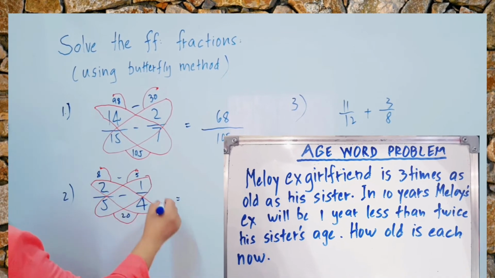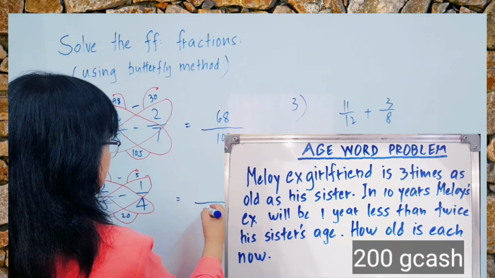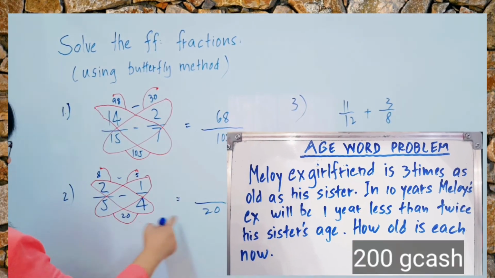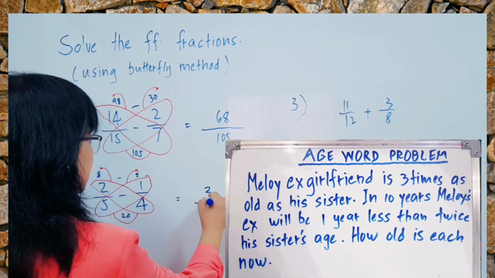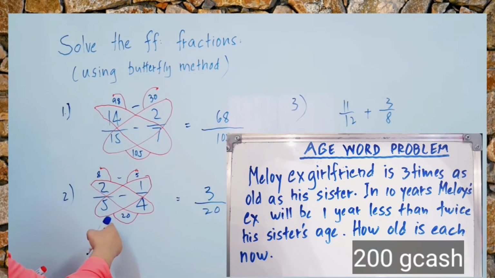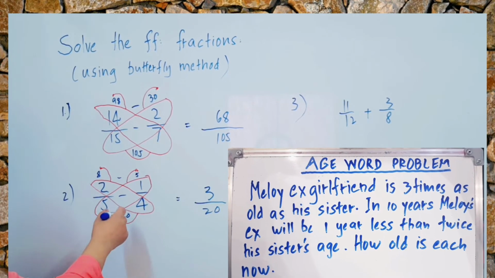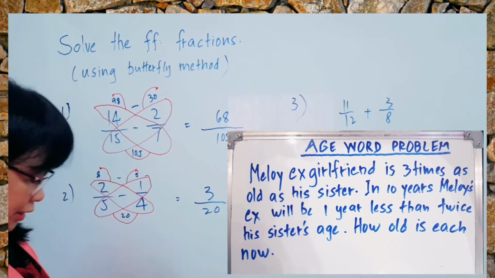So this is minus, therefore, this one is 20, this one down is 20, and 8 minus 5 is equal to 3. So yan ang sagot nito. 2 over 5 minus 1/4. Now another